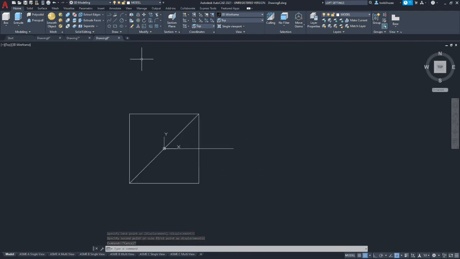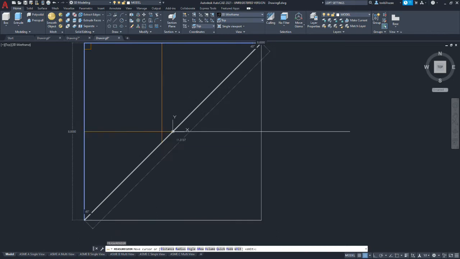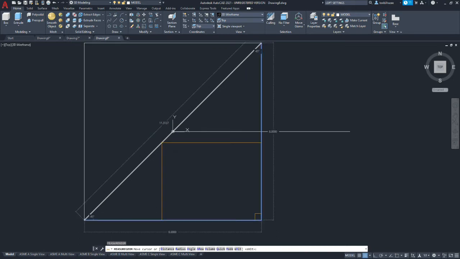Okay, so I'm going to use a measure geom. Okay, so it's 11.3137.